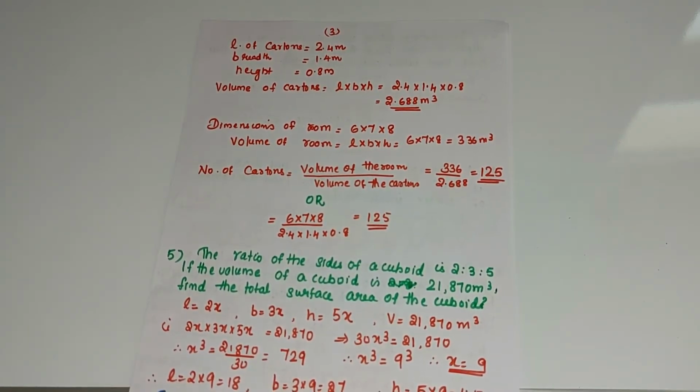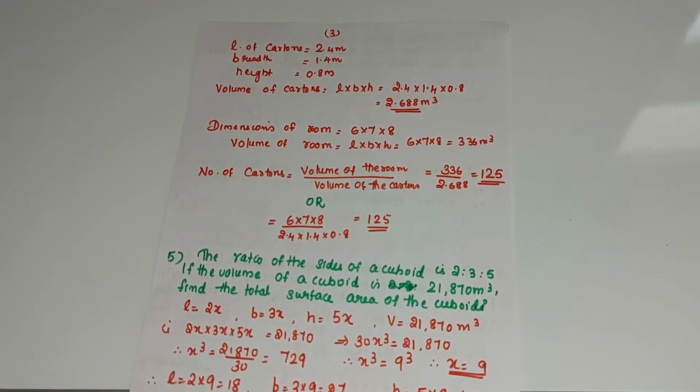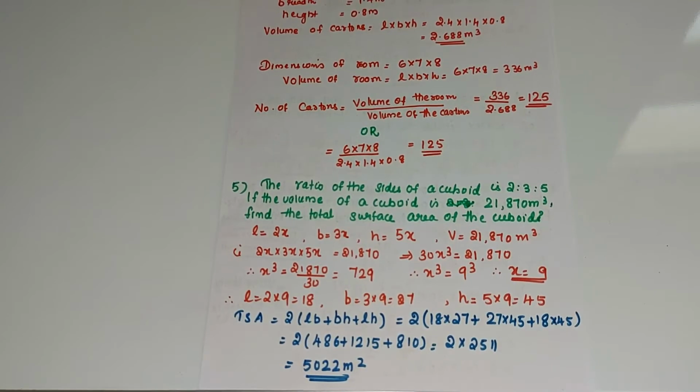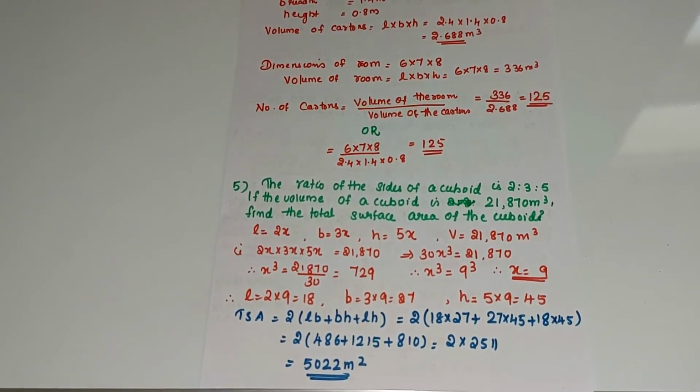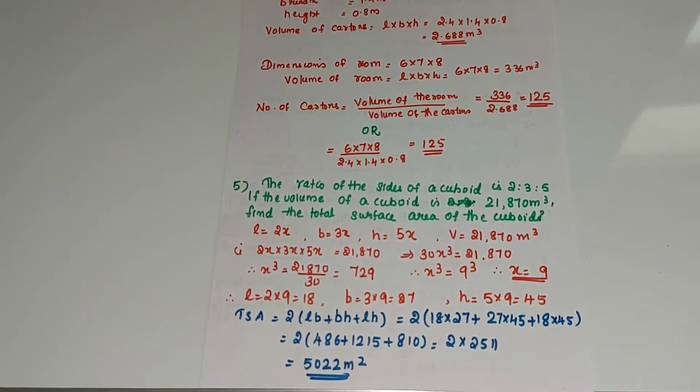Our next question, the ratio of the sides of a cuboid is 2:3:5. If the volume of the cuboid is 21,870 meter cube, find the total surface area of the cuboid. Here the sides of the cuboid are not given, but the ratio of the sides is given. Here 2:3:5 are the ratios. So length is equal to 2x, breadth equal to 3x, and height is equal to 5x, and volume is given as